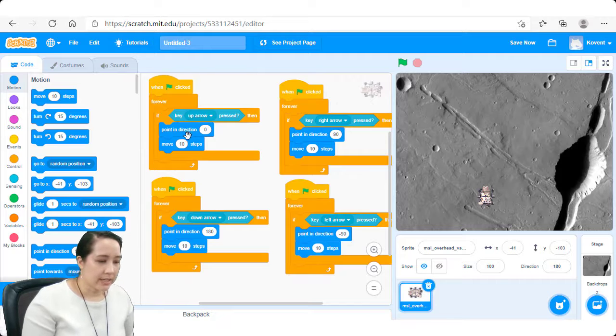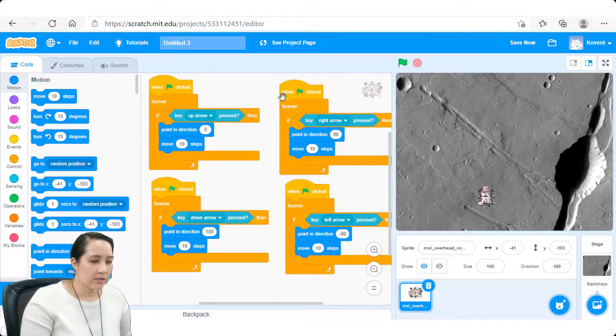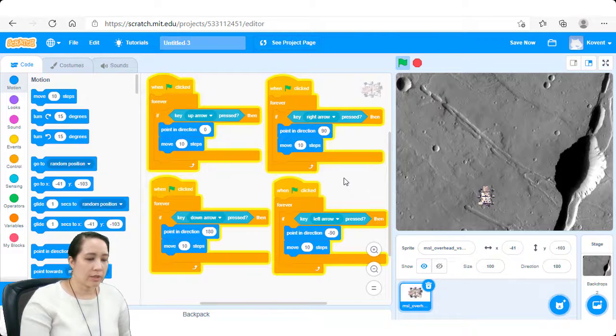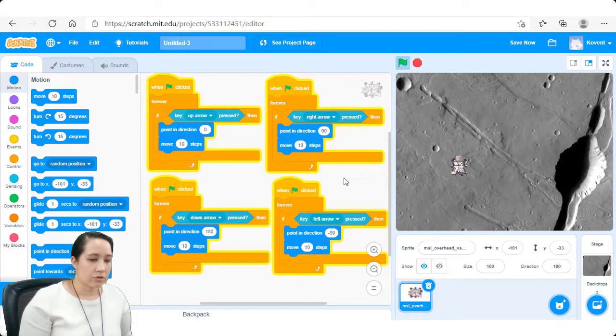Okay, so I have my directional code all set up. I have up, down, right, and left, and I don't have the green flag clicked, so nothing's highlighted. So if I press the key, it doesn't move. But if I press the flag, it gets highlighted, so that's how you know the program's running. And now I can control the rover. So now that we've figured out how to control the rover, why don't we figure out exactly what kind of